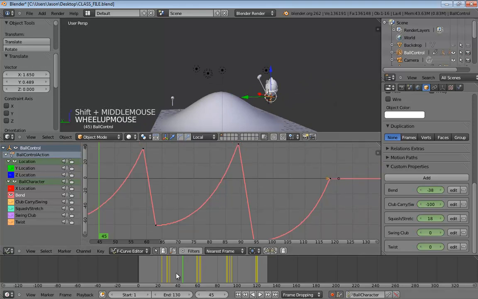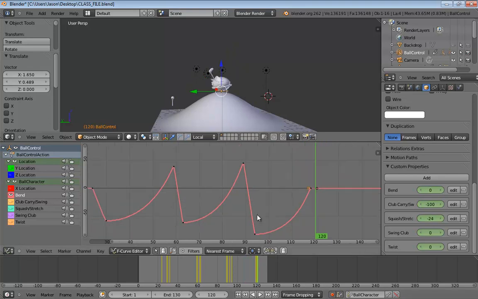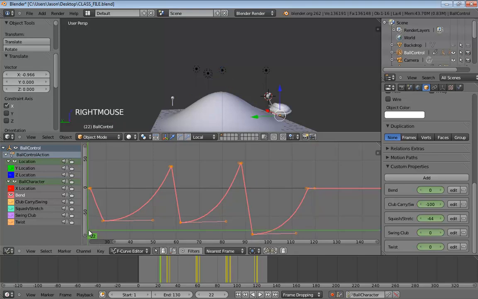All right, so now let's scrub through again, and he looks up and hurls himself up. The last thing I want to do is take all of our keys. So let's hit B, and I'll drag a box around everybody. And just as before, we're going to nudge these back just a couple of frames. So we'll hit G and scoot them back one frame. And that just gives us a little bit more anticipation.